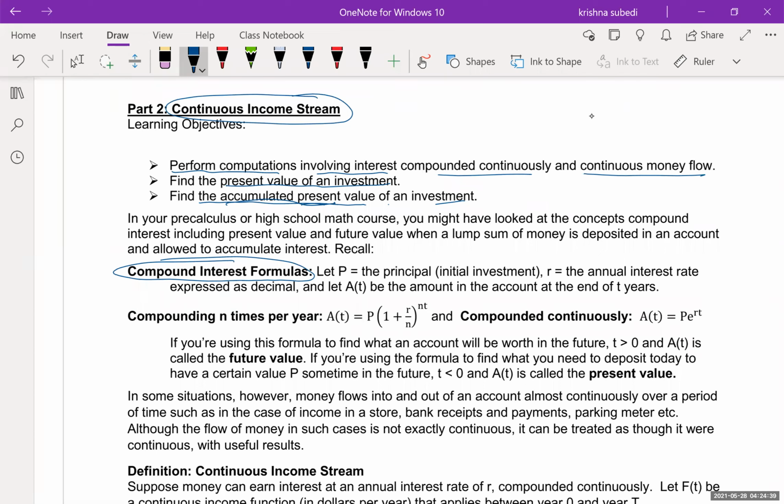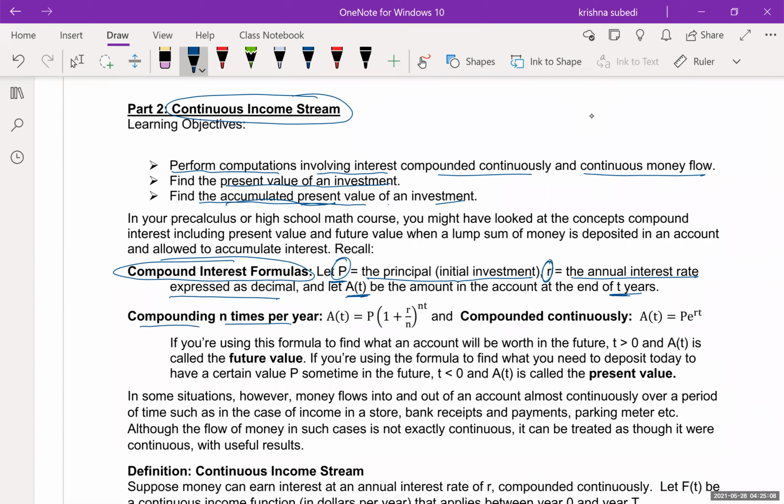For example, the principal or initial investment is represented by P, and the annual interest rate expressed as a decimal is represented by R. And if A of T is the amount or the accumulated value after T years, then